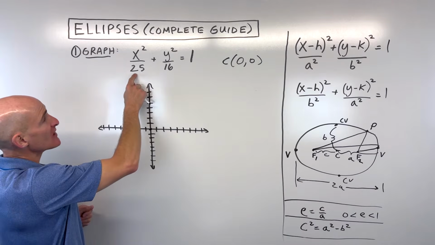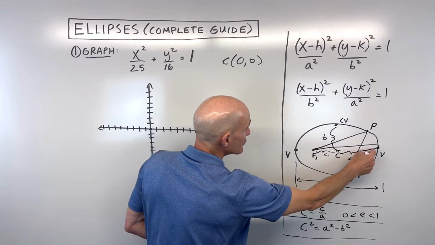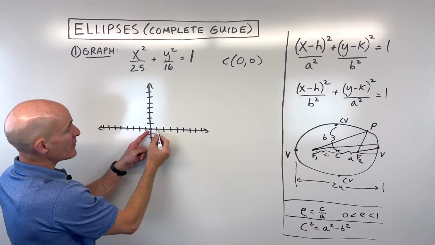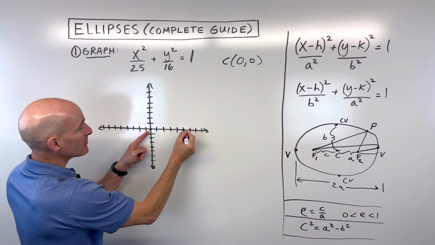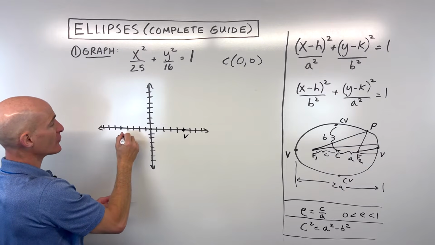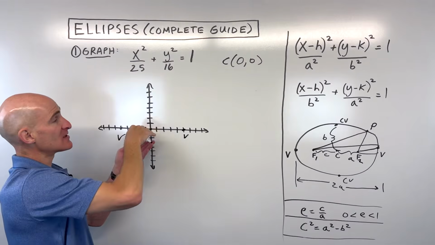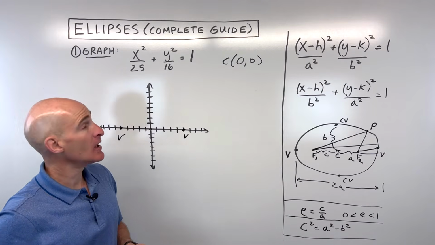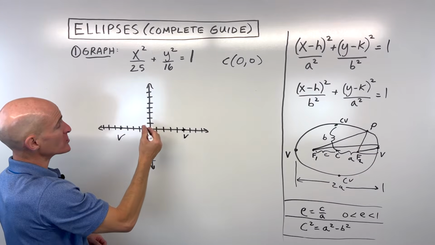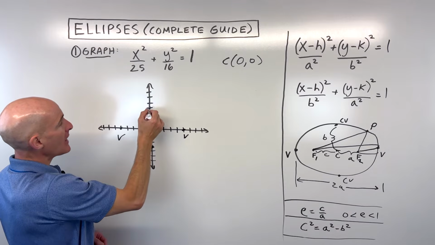And what we do is we take the square root of 25 to find a, which, remember, is the distance from the center to the vertex, and that's going to come out to 5. So I'm going to go right 5, 1, 2, 3, 4, 5. That's one vertex. Go left 5, 1, 2, 3, 4, 5. That's our other vertex. And the number underneath the y gives us the distance in the vertical direction, which in this case is going to be plus or minus 4. So I'm going to go up 4, put a point, and down 4, and put a point. And we can sketch